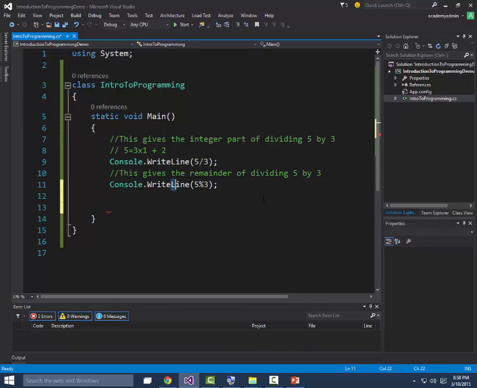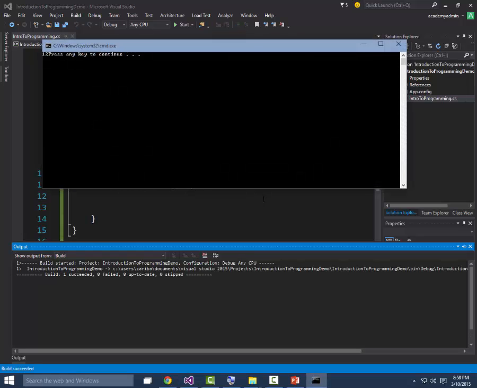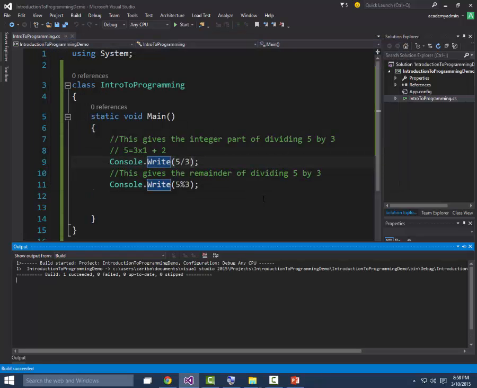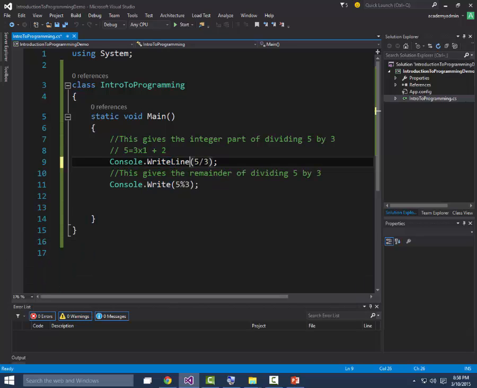So console.write and console.write there, we should be getting them on the same line. Yes, as you can see, 1 and 2. Most people use console.write line unless there is a better reason to do that. And of course, this thing is a lot quicker. So yeah. Okay, so